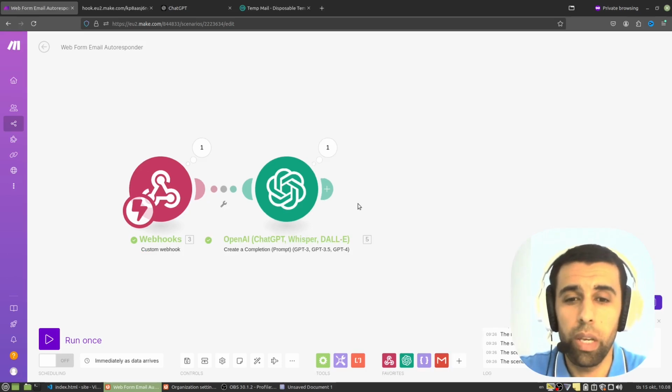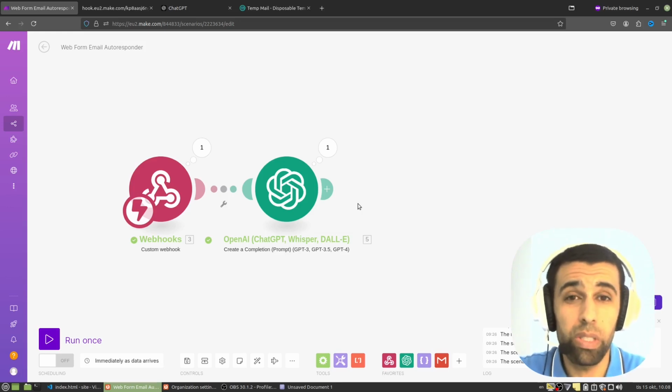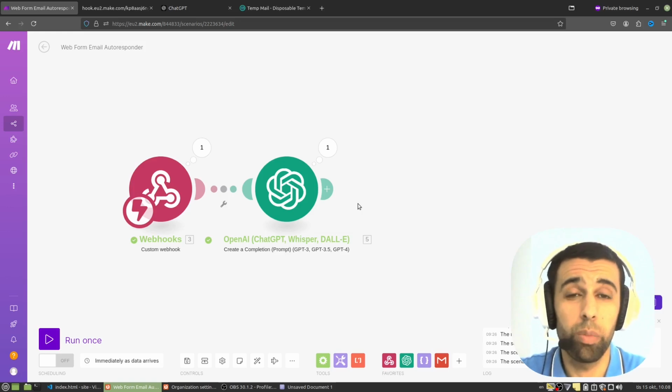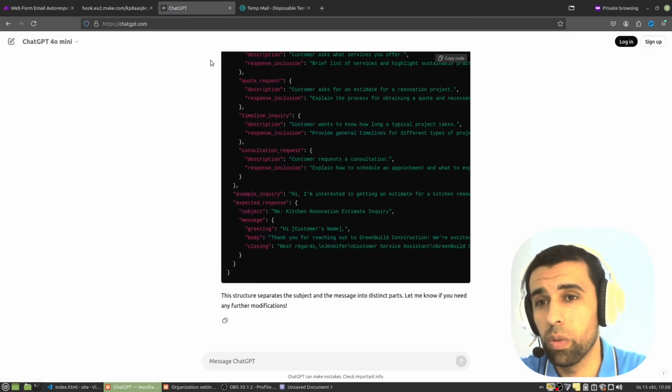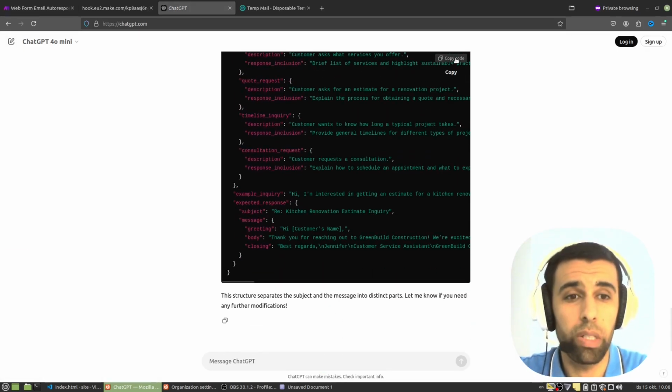Now I ran this and I didn't get the output that I expected. It didn't come in JSON format, but just as plain text. And the reason is that I forgot to explicitly tell it in the prompt to output it as JSON. So let's fix that. So I go back to ChatGPT here, where I generated a prompt, and I'm gonna copy